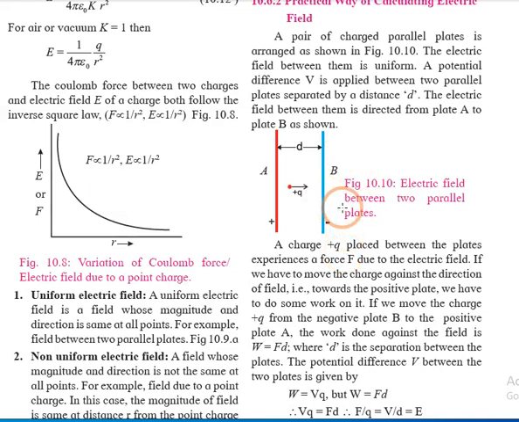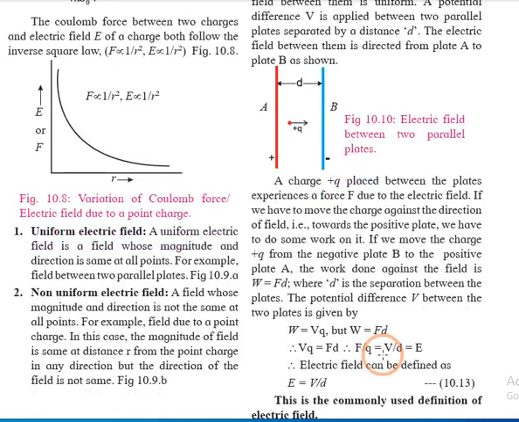As we all know that potential is work done per unit charge. So what is the value of work done? Potential into charge. In that same manner, work done we can also give as force into displacement, that is F into D. So we have two values of work done. One is work done is equal to potential into charge. Work done is equal to force into displacement. If we compare these two, VQ is equal to FD. Now F upon Q becomes V upon D.